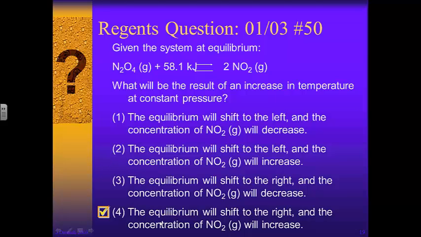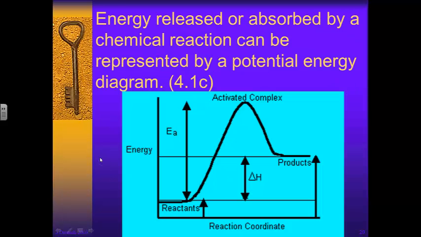Choice 4. Energy released or absorbed by a chemical reaction can be represented by a potential energy diagram. Remember, from the x-axis to the reactant line is the potential energy of the reactants. From the x-axis to the product line is the potential energy of the products. The difference between the potential energy of the products and the potential energy of the reactants is delta H, our